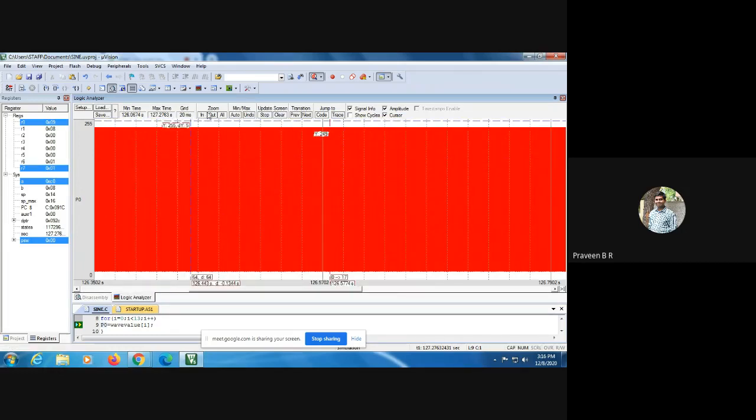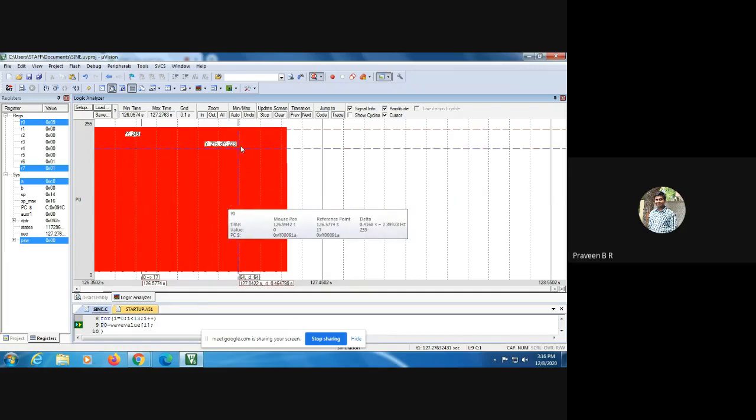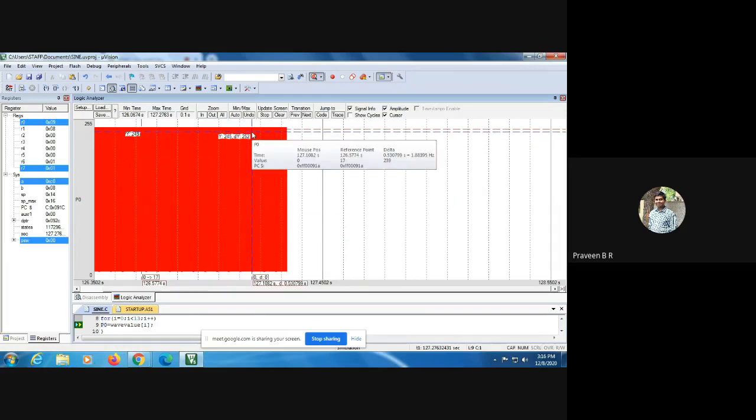So this is the sinusoidal waveform that you can find in the signal.